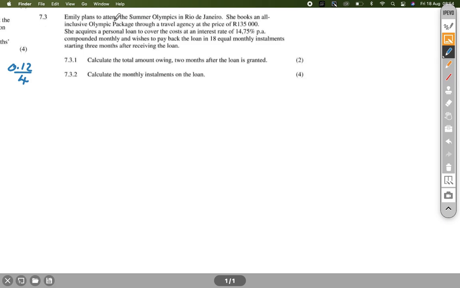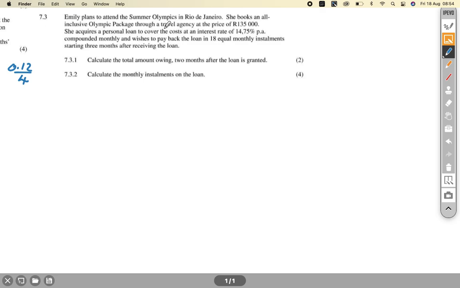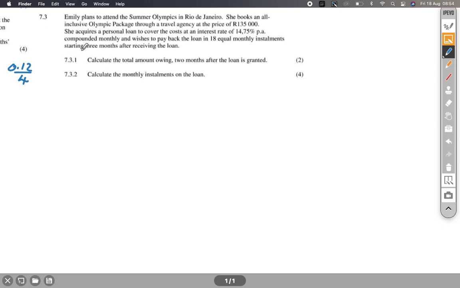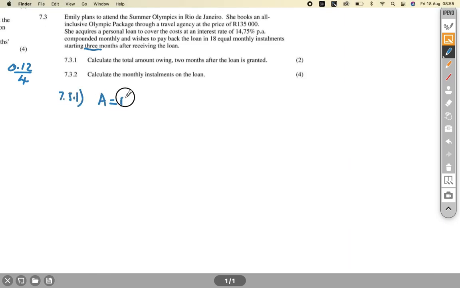She books an all-inclusive Olympic package through a travel agency at the price of 137,000. She acquires a personal loan to cover the cost at an interest rate of 14.75 per annum compounded monthly and wishes to pay back the loan in 18 equal monthly installments starting 3 months after receiving the loan. Okay, so 7.3.1, we're going to use this formula